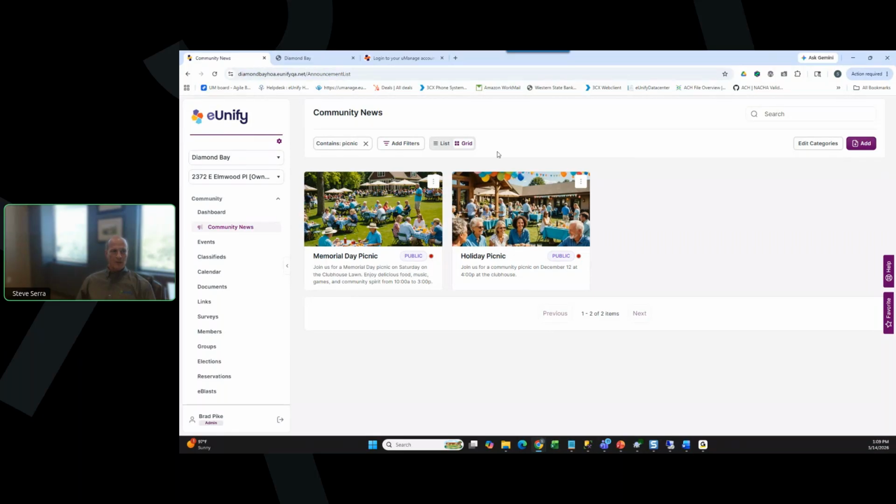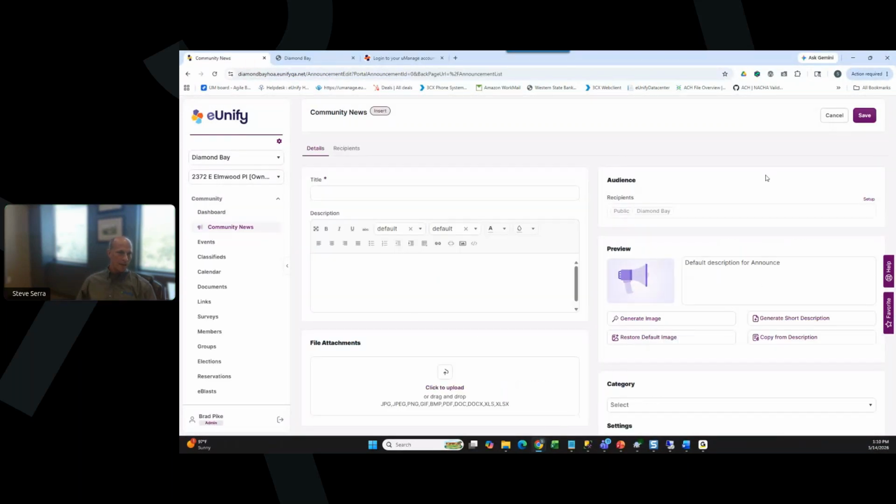Adding that announcement, very similar to how it was before, with just the slight differences. Now we need to capture a picture and a short little description. So what we've done there is, when we click add, here's the add form. This should look really familiar, really similar to what you have today. You can simply add a title, whatever that announcement is,